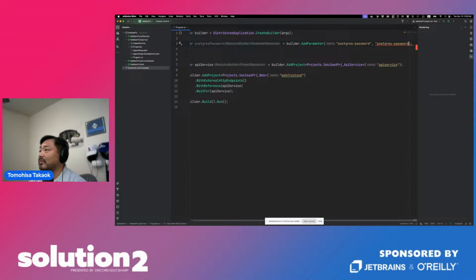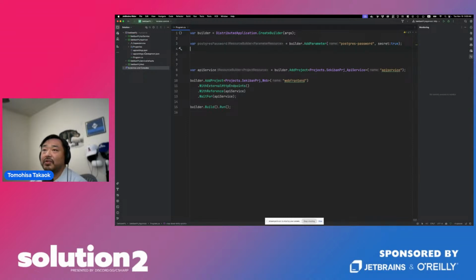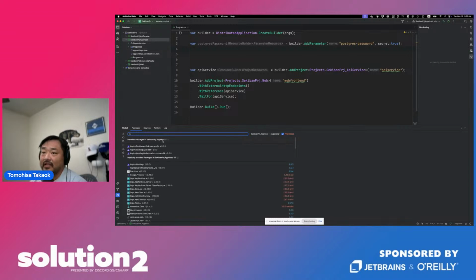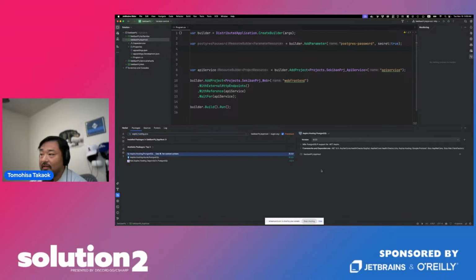And then to use Postgres, you need to add the hosting Aspire hosting Postgres to the app host.